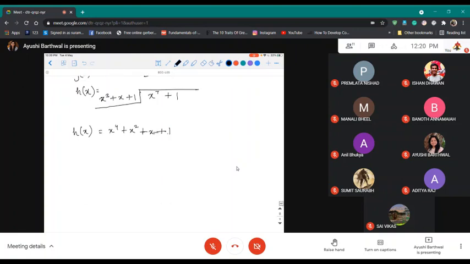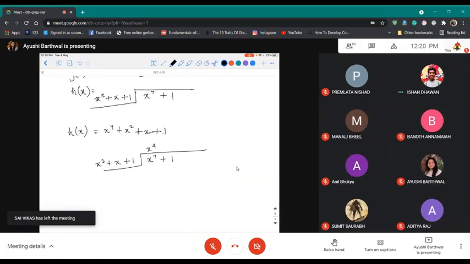So, let's solve it once again. Ishan, help me in solving this. I think you are having some confusion in modulo 2 addition. So the first term will be x4, which you have already solved. What do we get over here? We write x7 plus x5 plus x4. Plus x4, and the first two terms will be cancelled. So we will be left with, writing from higher order to lower order, x5 plus x4 plus 1.